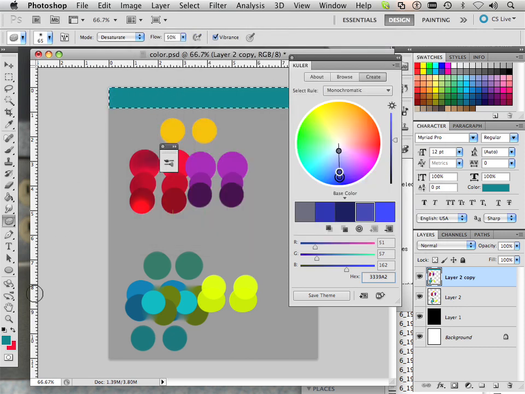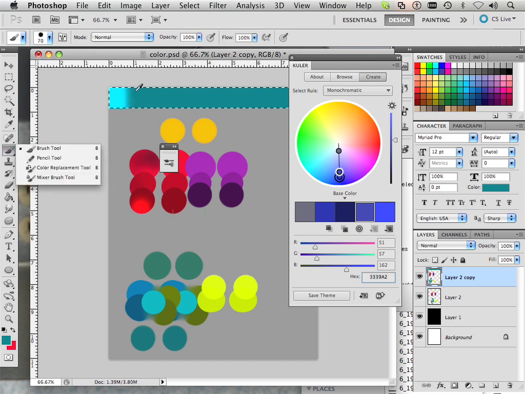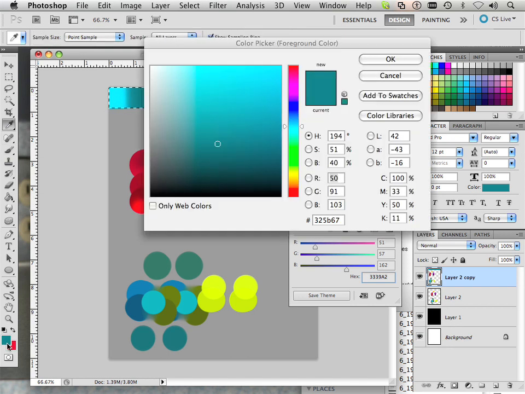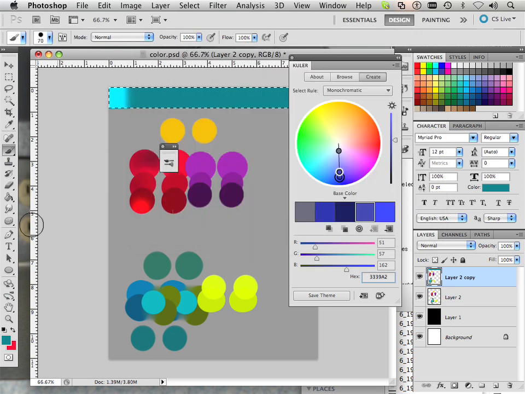So I have this color, and if I was to saturate it using the sponge tool, using saturate, you can quickly see, if I capture this color and look at it for a second, and I look at it here, I have that color, and as I move up it becomes saturated. To desaturate it,